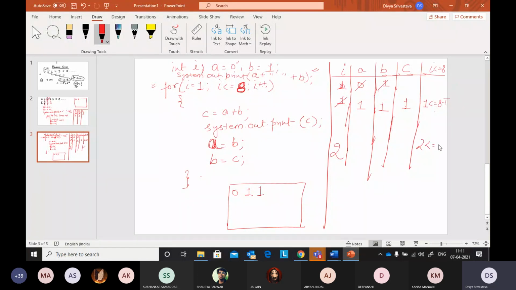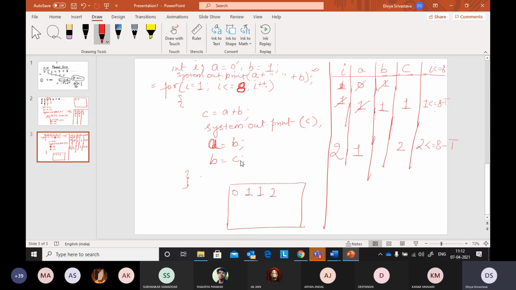Again, let us check the condition. 2 is less than equal to 8. Condition is true. It will go here. C is equal to A plus B. So what is my present A? 1. What is my B? 1. 1 plus 1? 2. And 2 will be printed. SOP. Now A is equal to B. So the new value of A is 1.